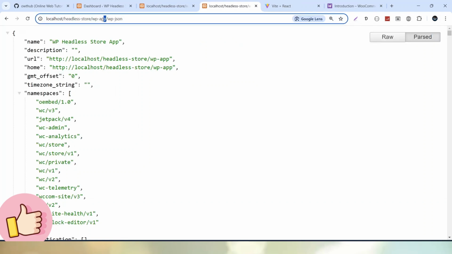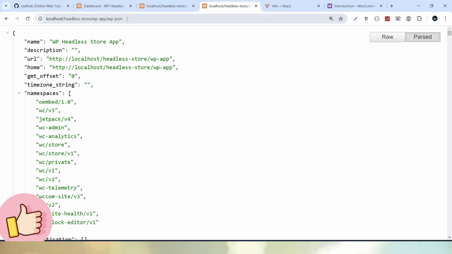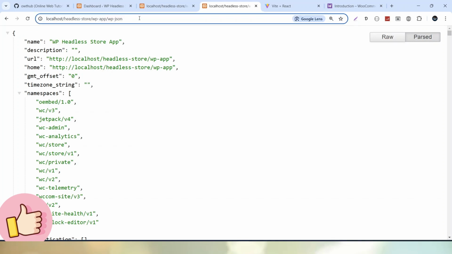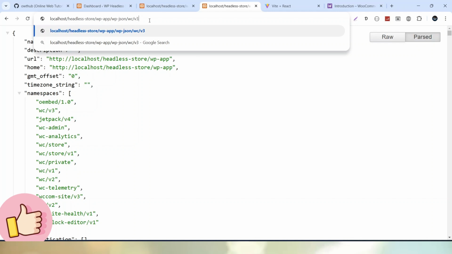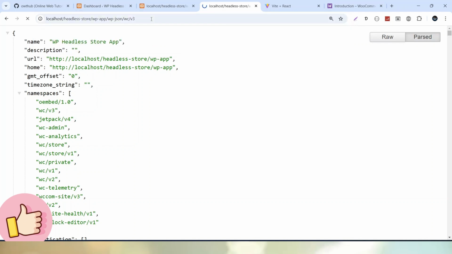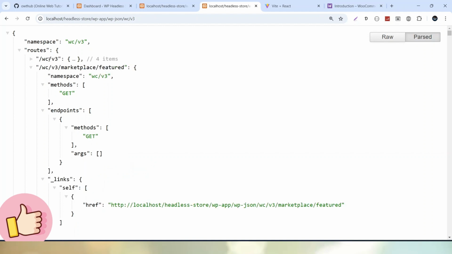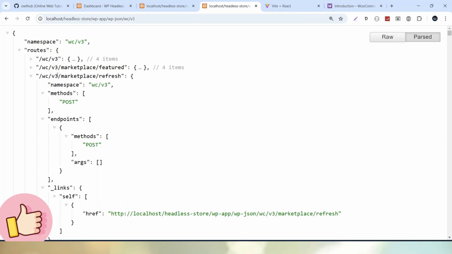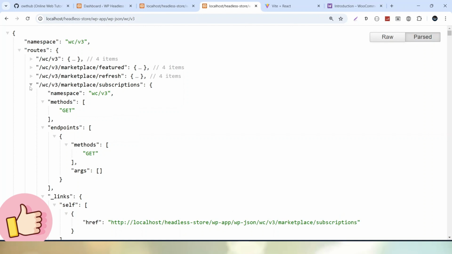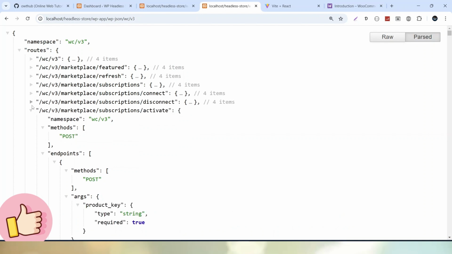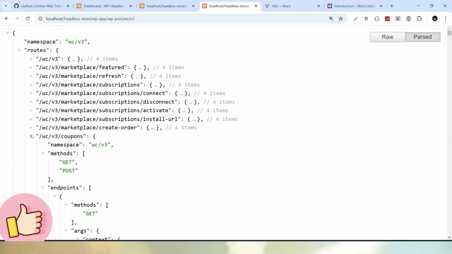After this project URL of WordPress, then wp-json, and after wp-json, let's type the namespace of the WooCommerce APIs. Once we type it and hit enter, it will open the complete list of APIs of WooCommerce. We can see that inside this routes object, we have wc forward slash v3, then wc forward slash v3 marketplace. If I go and close one by one each API endpoint,